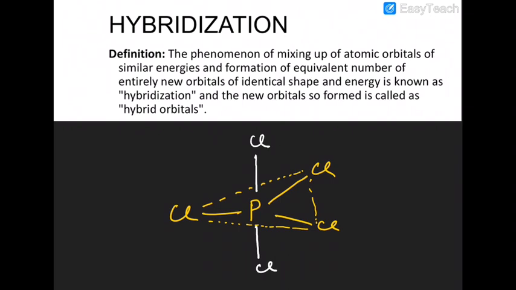In the first case you have the chlorine, phosphorus, chlorine bond angles. These three bond angles are all 120. You can see there are two types of chlorine: the yellow chlorines are in the same plane, and the two white chlorines, one is above and the second is below the plane. So all three bond angles, 1, 2 and 3, are 120.